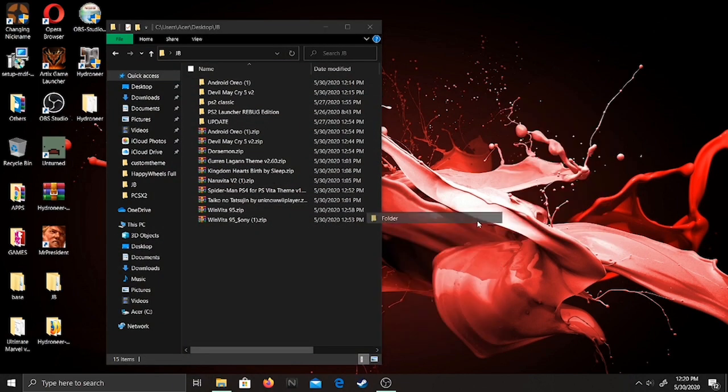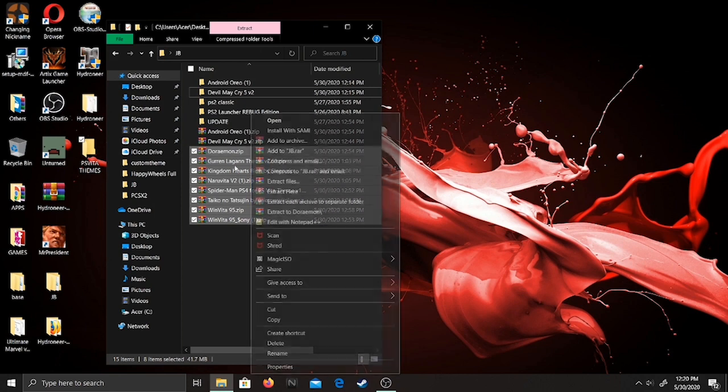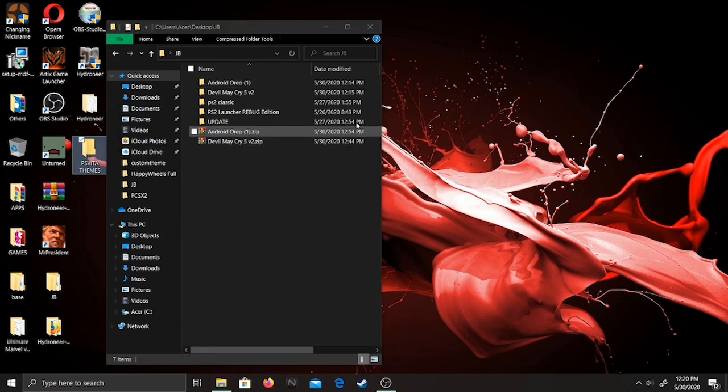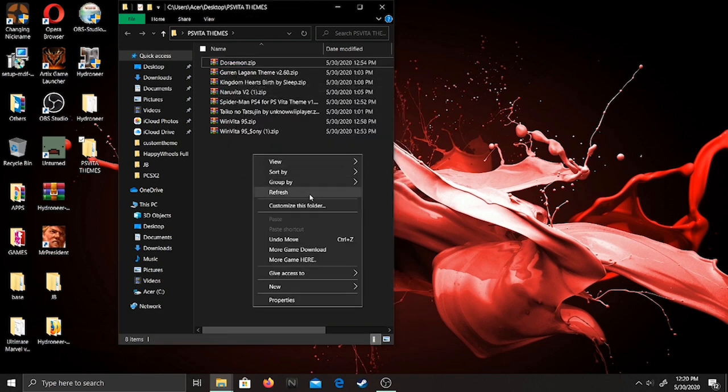In step 1, make a folder and then bring all of them into the folder. Then in the folder, tap 1 and tap on rename, and then you can copy the name, make a new